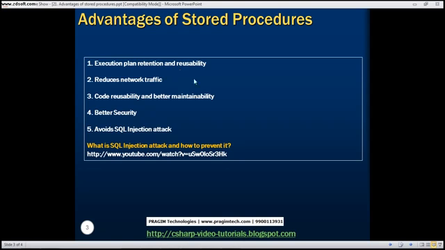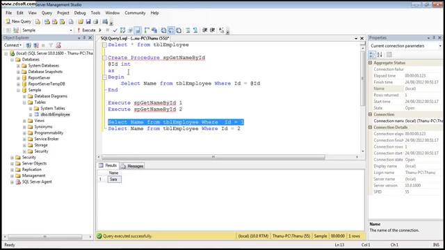Alright, another benefit from a performance standpoint that stored procedures have is they can reduce network traffic. Now, how can they reduce network traffic? Let's understand that. A stored procedure usually is something like this. We create the procedure, there is the body for the stored procedure, and within the body, in reality, stored procedures have a good number of lines. Maybe I have seen stored procedures even with 3000 lines of code within them, lots and lots of logic happening